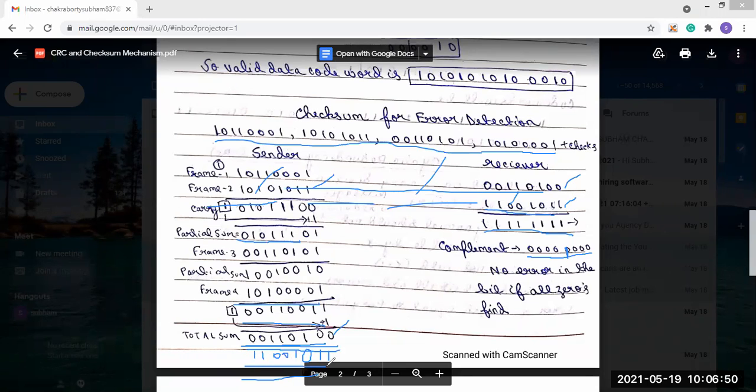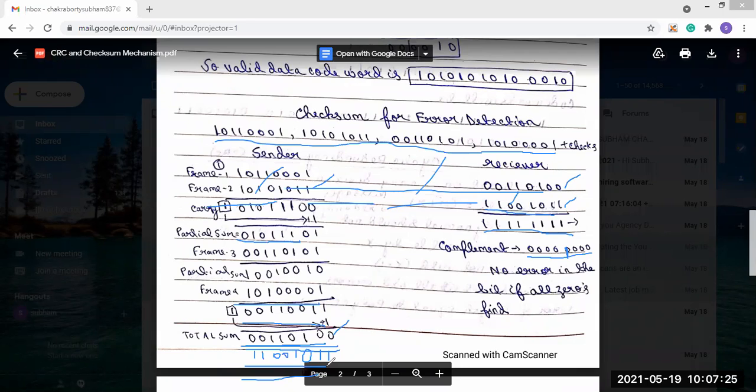So here the ones complement is given, and on the receiver side, what you have to do is add whatever numbers you have been given together with the ones complement which you have taken. Then you will get 1 1 1 1 1, which means you will get all ones. Your condition is that on the receiver side, it should be converted into all ones.